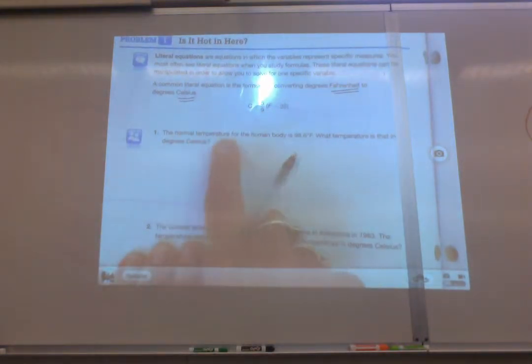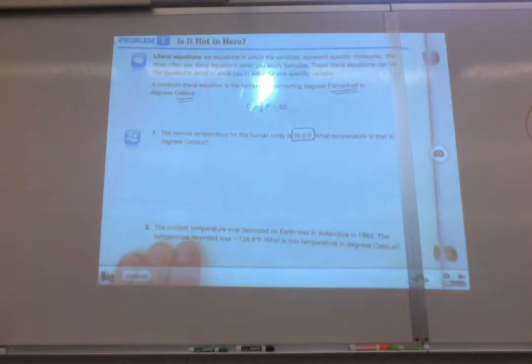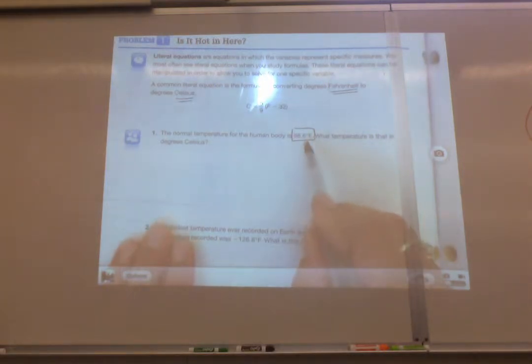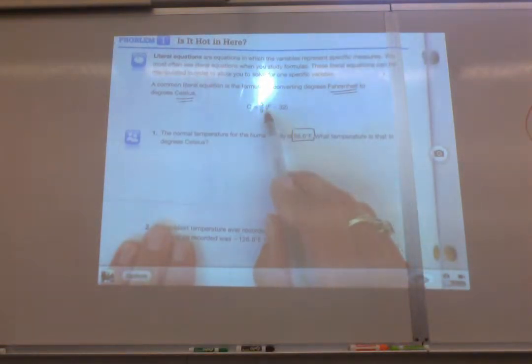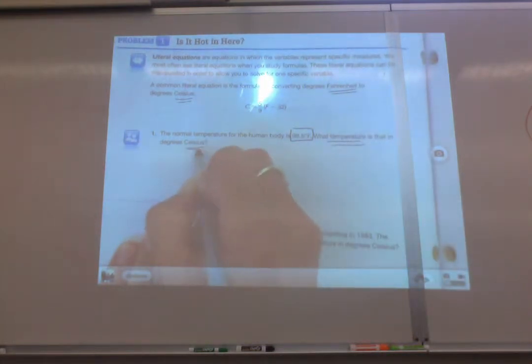The normal body temperature for a human is 98.6. Put a box around that, please. What scale are we using there? What type of temperature scale? Fahrenheit, because it has a big F. If I'm going to put that into this formula, it's going to substitute into the formula where the F is. They're asking us to find a temperature in Celsius. C equals